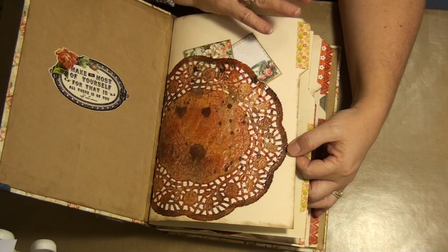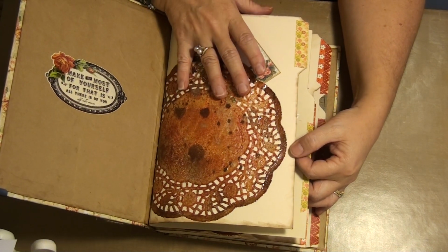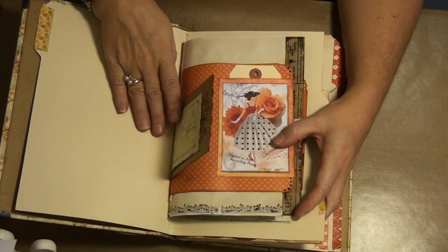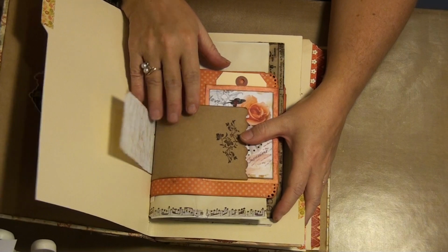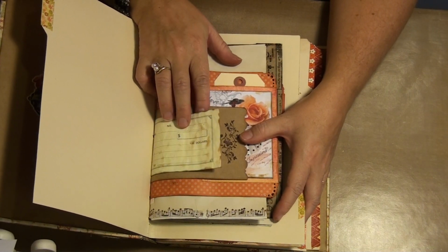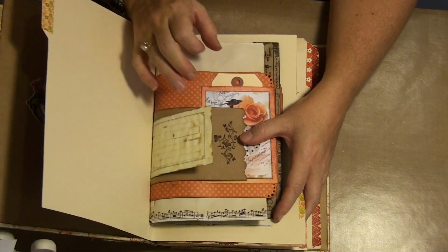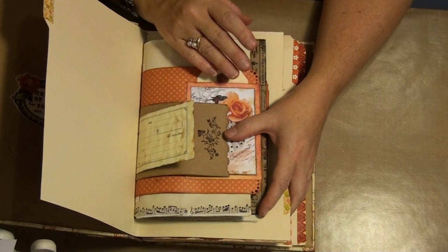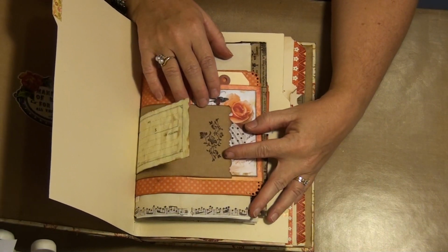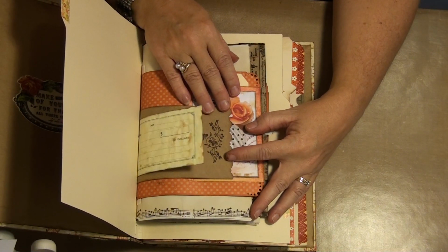I just thought it was kind of easier to do it that way and keep them sort of the same, but each one is slightly different. It's not identical. I used one of those things I got at the dollar store, the receipts, and I glued them back to back, but I wanted the yellow to show because it's oranges, really. Orange, rust, browns, that's the color scheme. And then I just dirtied them up with some vintage photo,